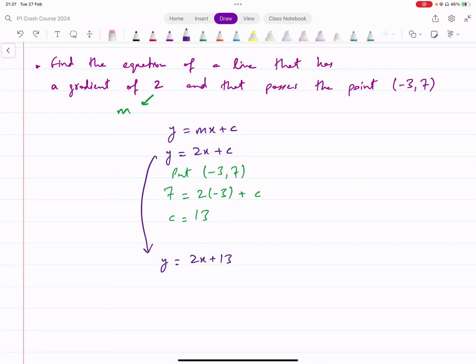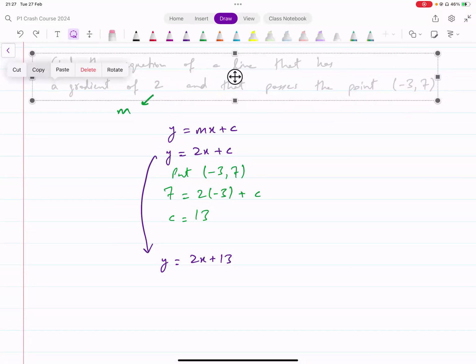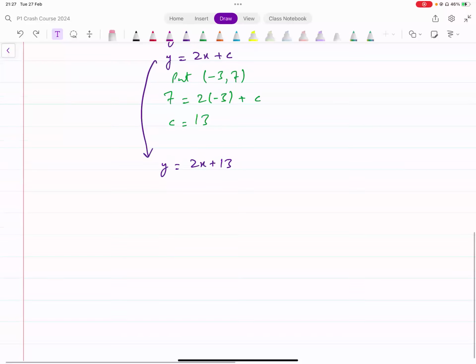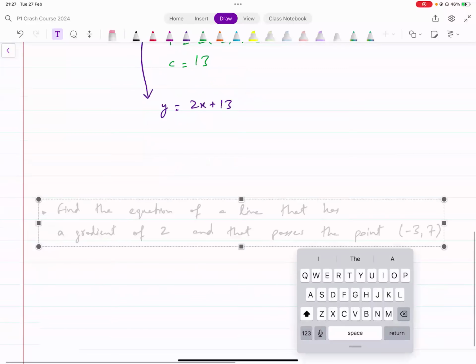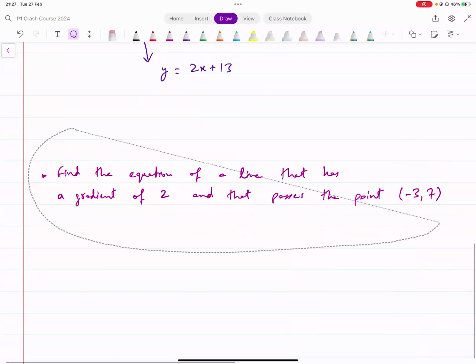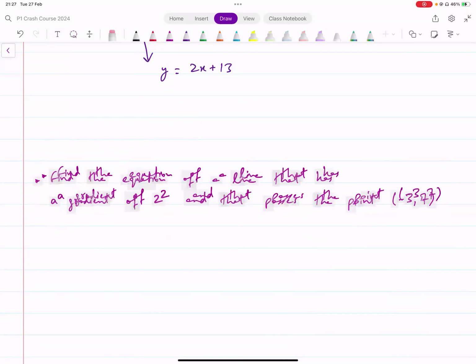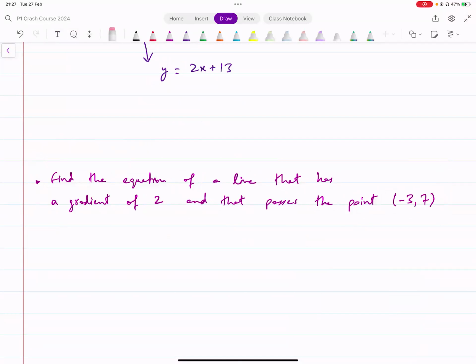Okay, so if we had the gradient given and a point given on the line, this is what we could do in this case. All right, now let's take another example. Let's say we did not have the gradient given either. What would we do in that case? Let's consider this now. We want to find the equation of a line that has a gradient or not. Let's do this instead. Equation of a line that passes through